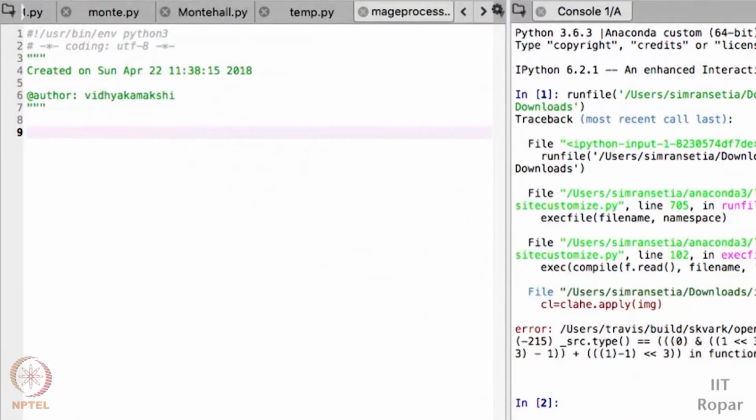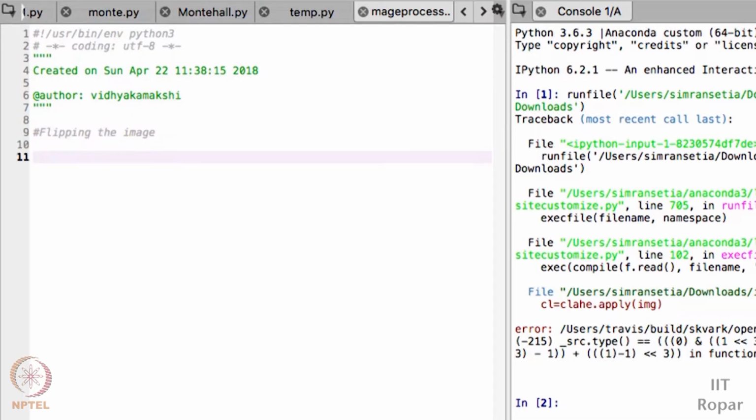Let's see. Okay, now let's start off with the programming component. The first image I had shown is the mirror image. That needs to be flipped so that we can understand what is being written in those newspaper clippings that have been pasted onto the wall. Let us see that. So the technique we are going to apply is flipping. In simple terms, it is flipping the image. That is our first image processing task we are going to do.